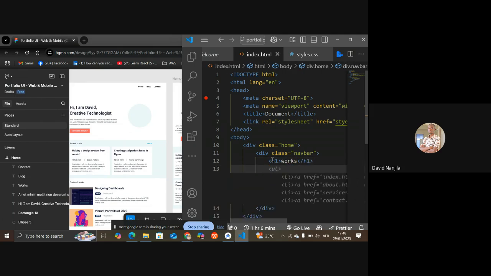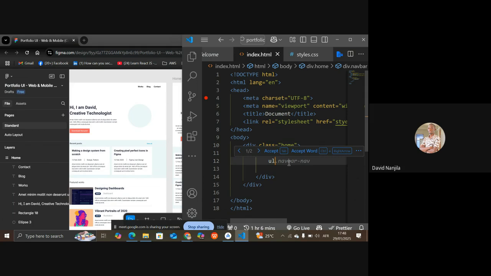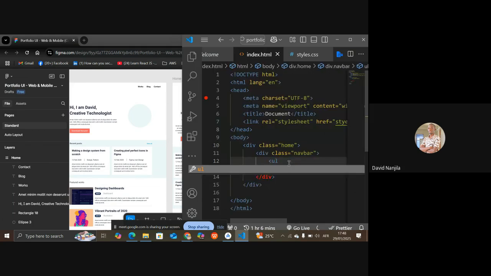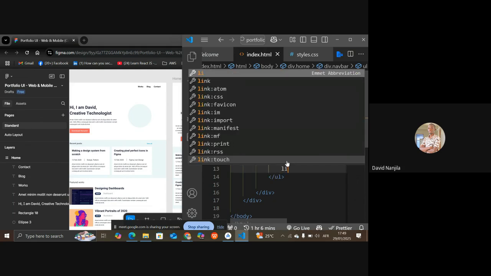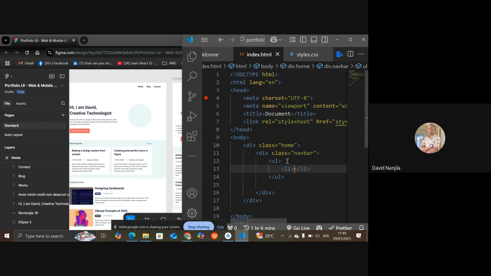Then let me use UL tags. Let me use a list, an ordered list. So we'll use an ordered list like that, and inside it the first element will be works,